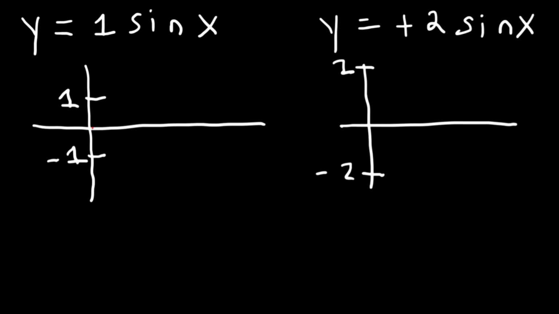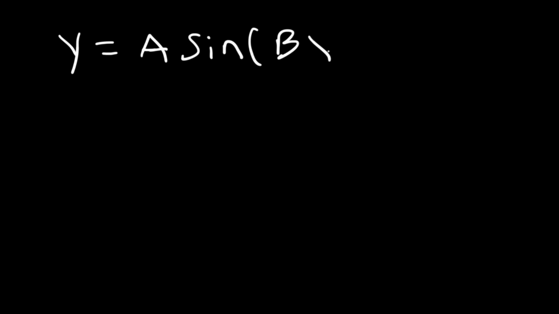Now both graphs, they have the same period. It's just one is twice as large as the other. So that's the only difference. Now you need to be familiar with the general form of a sine wave. The general equation is y is equal to a sine bx plus c plus d. A represents the amplitude, b is used to calculate the period. Anytime you have a c value, there's going to be a phase shift, and d is associated with the vertical